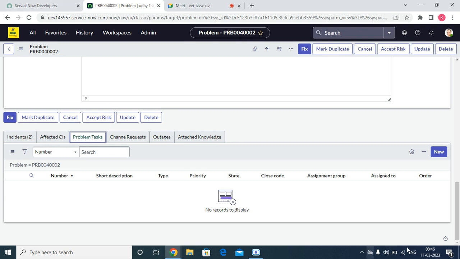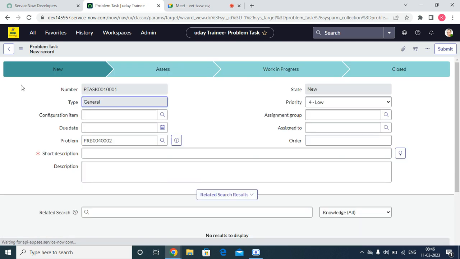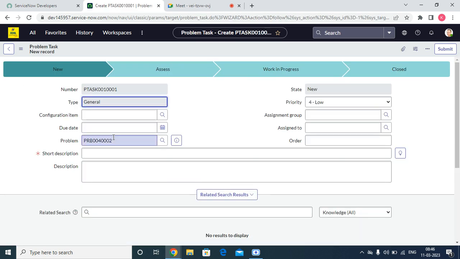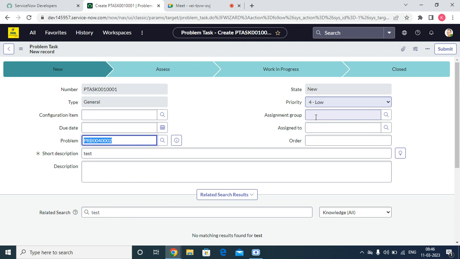create a problem task and do the same thing here. So if I create a problem task, I'm just going to open this problem task. See here, there are two types of task. First is root cause analysis and second is the general task. For example, I'm just giving a general task. So here the type is general, and the number is automatically filled since it is from the problem, and priority comes, and what is the assignment group? For example, if I give network,